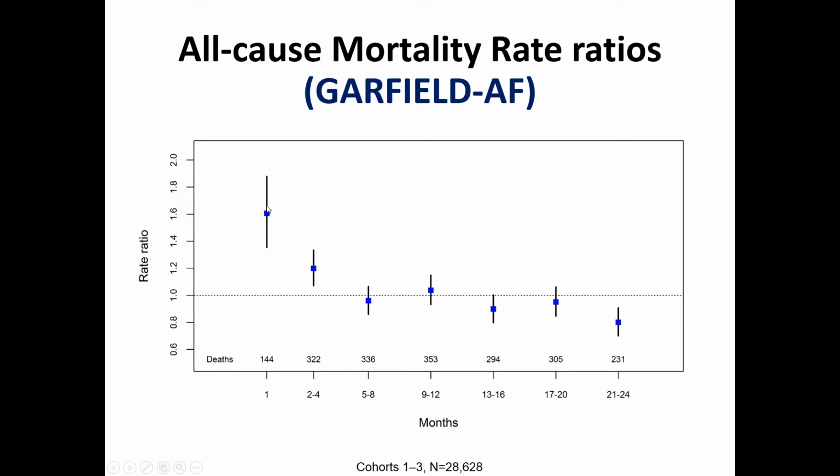And you can see that in the first month of follow-up, these are patients recruited essentially with new AF, and within 6 weeks of diagnosis, we can see that the rate ratio for mortality is much higher in the first month, higher in the second to fourth month, and then more or less comes down to the steady state or linear